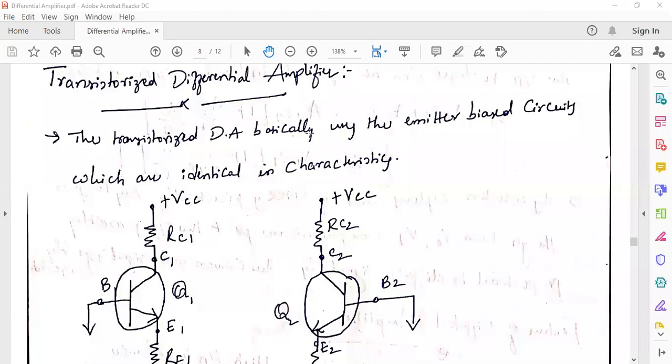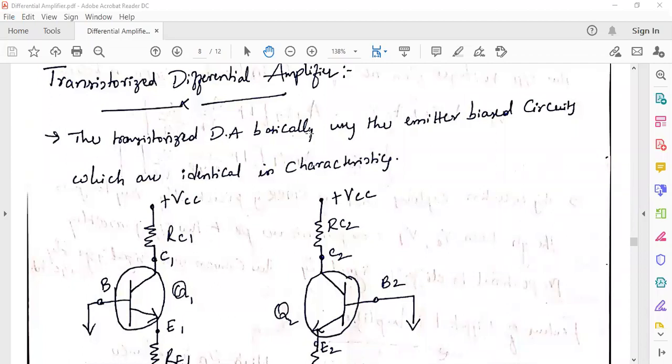The first unit is based on transistor devices, so that's why it is named transistorized differential amplifier. The same concept we'll learn using IC in the third unit. You already learned the differential amplifier is also called difference amplifier. The difference amplifier is also called subtractor, right?